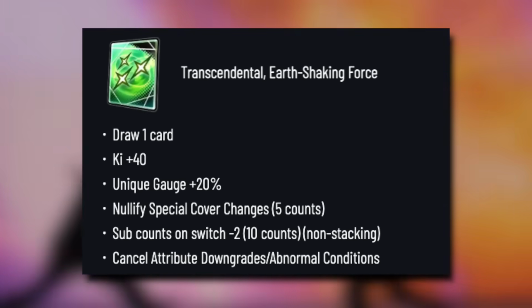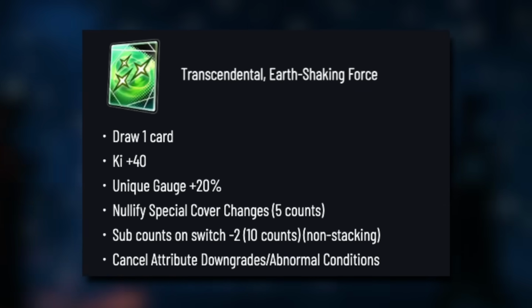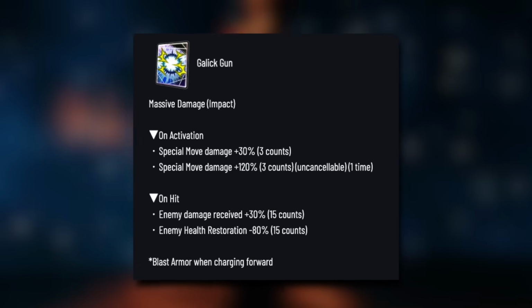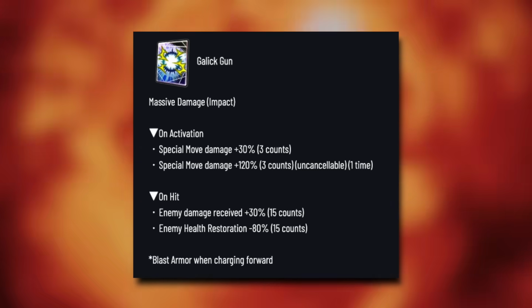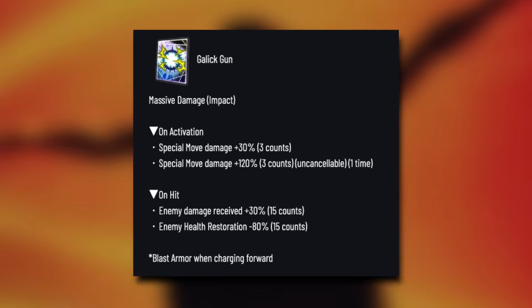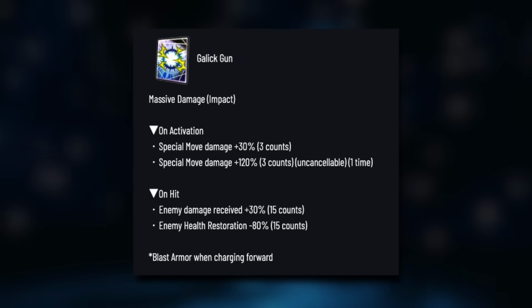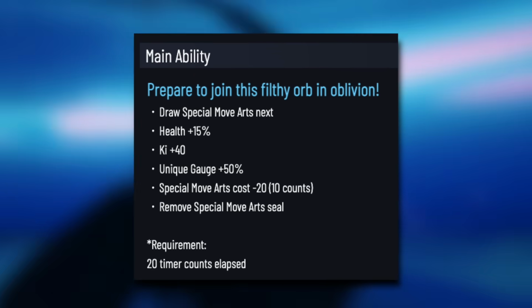His green card pre-transform is just a regular standstill, but you get cover null and ki, which is good. And then his blue card, first time, it's able to do 150% damage inflicted, but the second time onwards, he will only do 30%, but it's also enemy damage received up, so technically it's about 180% damage inflicted. It should also be noted that his main ability doesn't force him to transform because he's a revival unit, but